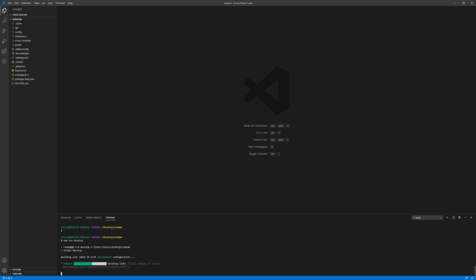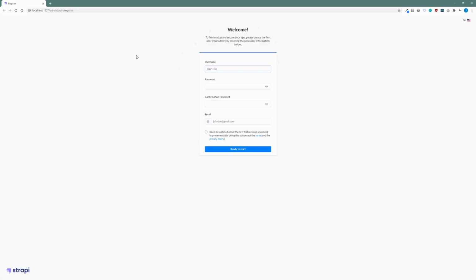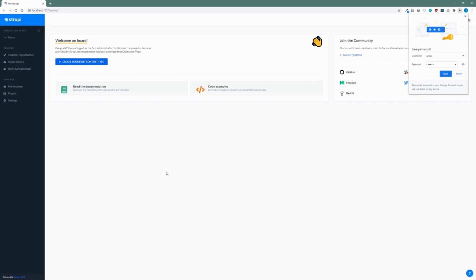Now the first time it's going to build out the configs. Now after everything is done setting up, we want to create a user, and this is going to transfer to when we upload this, so might as well set up the real one. All right,